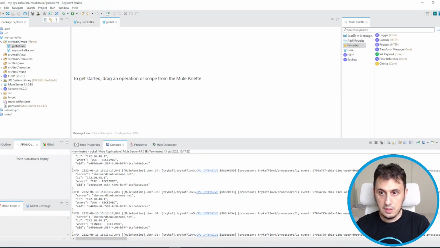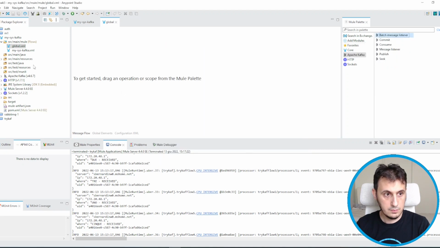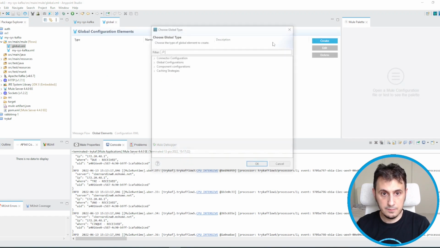Let's import the Kafka connector. Let's see if everything is okay.